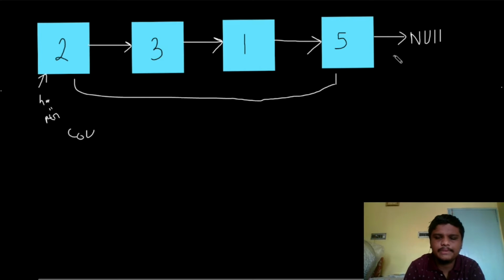So when our ptr becomes null, then we are going to stop the loop, right? As long as the condition of the while loop is satisfied, we only increment this count, right? Now through this we can get the length.